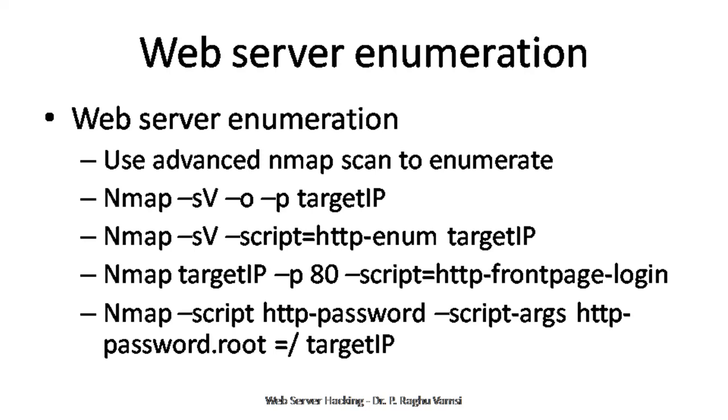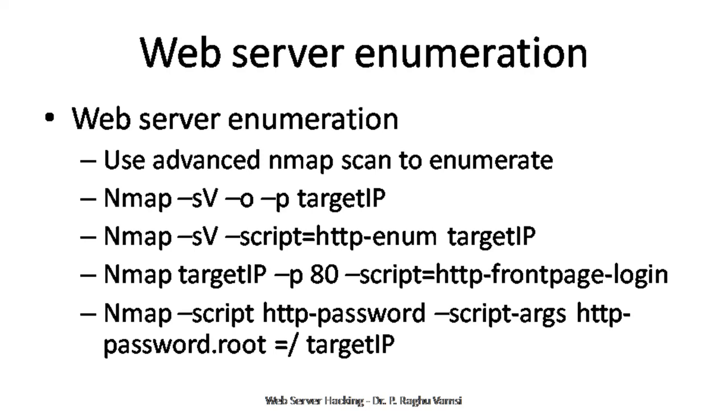Actually, attackers use advanced Nmap scan options, such as the scripts that are present in Nmap. The major command that you can use is nmap -sV -O -p target IP. Next, you may also use HTTP enumeration, where you will find the details of the SSL certificate, the version of the certificate, and what type of request it supports, either GET request or POST request. What is the TLS status? This kind of information you can get via HTTP enumeration.